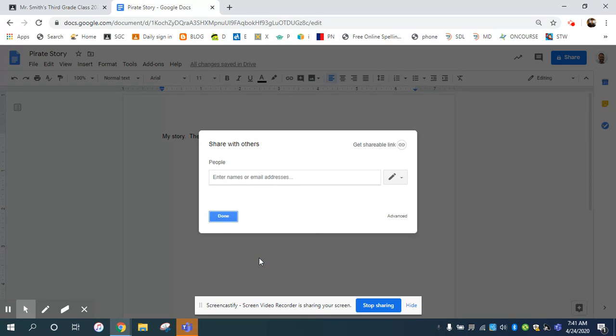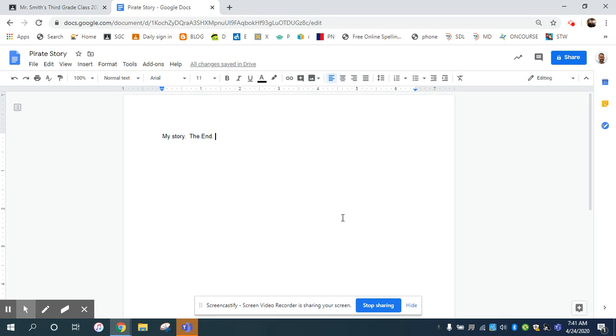What I will do when I get your document, and what I've tried to do so far with the ones that I've gotten, is go back in and make some comments as far as things that you can work on. And there's two ways that I can do that. I can actually highlight something and leave a comment, or I may just type right on the body of your text. Now, why that's important is if you go back and make further changes and you reshare it with me, I'm not 100% sure if I get notified a second time. So the other option that you could do, if you go back and make changes to your story,